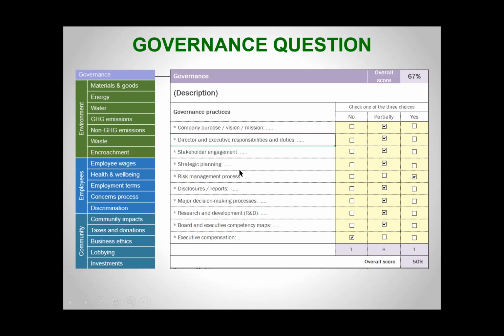So it asks about whether or not they've integrated sustainability into the company's purpose, vision, mission, etc. Whether they've got committees that include mandates to take a look at these sustainability related things, and so on. Is executive compensation tied to how well the company is doing on environmental and social things, etc. And they have a chance to indicate whether the company is doing it at all, or a little bit, or totally. And an overall score gives them a chance to self-assess how they're doing on those things.